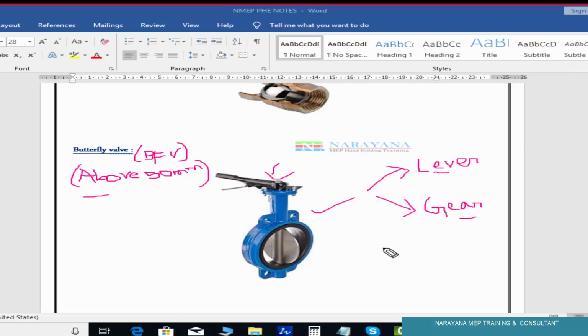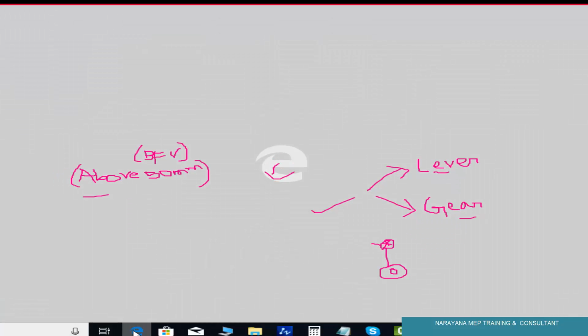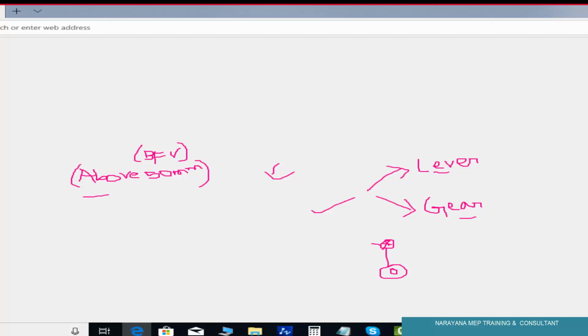In gear type you will see another ring will be there like this. I'll show one image. Clear now, everything.